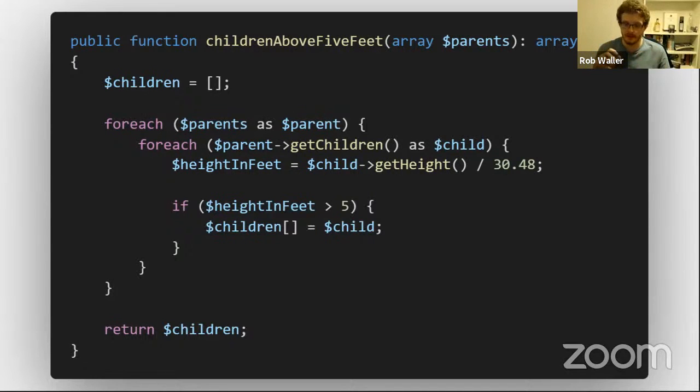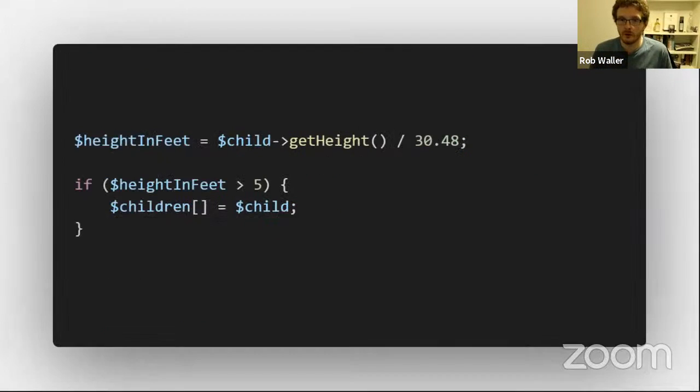And what this means is that when you test this code, you have to spin up a world where a bunch of parents exist and a bunch of children objects exist, when in fact, all you really care about is this business logic, which is doing the feet conversion. So you're converting from centimeters to feet in this case. So that's a bit of business logic that would need to be tested, right? But you don't want to have to create all these parents and children every time you want to just test that line of code. And the same with the check that the child's over 5 feet, right?